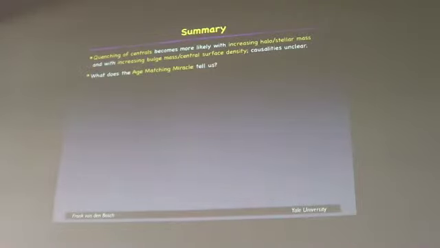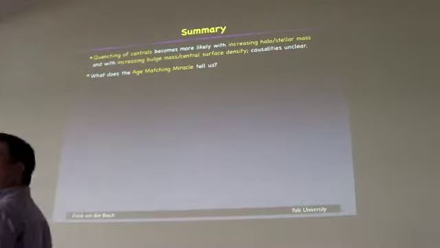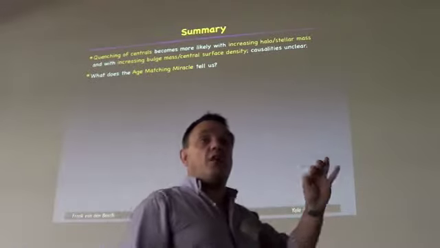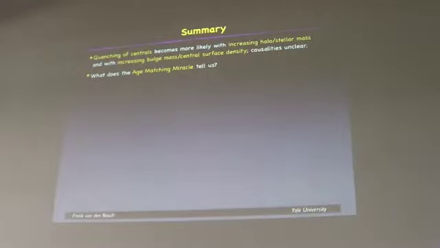We also know that satellite quenching is more efficient than central quenching, so that basically means that people have invoked additional processes that quench satellites, like ram pressure stripping and harassment and whatnot, strangulation. But then comes this stuff with the age matching, which basically says if you just assume that all that matters for quenching is the age of your halo, you don't need to do anything special for the fact that that satellite galaxy crossed the virial radius at some point. That already explains all the demographics. That's why I call this a miracle or a puzzle. Okay? Because apparently that works better than anything I've ever seen